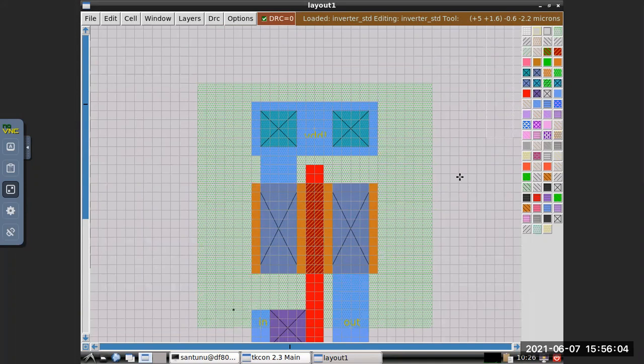So now tell me, what will be your PR boundary? So contact to contact distance minimum 0.6. Okay. And what is the minimum active to active distance?